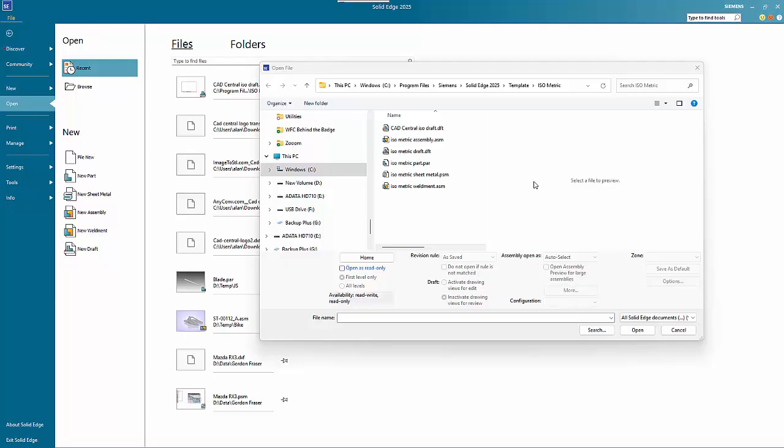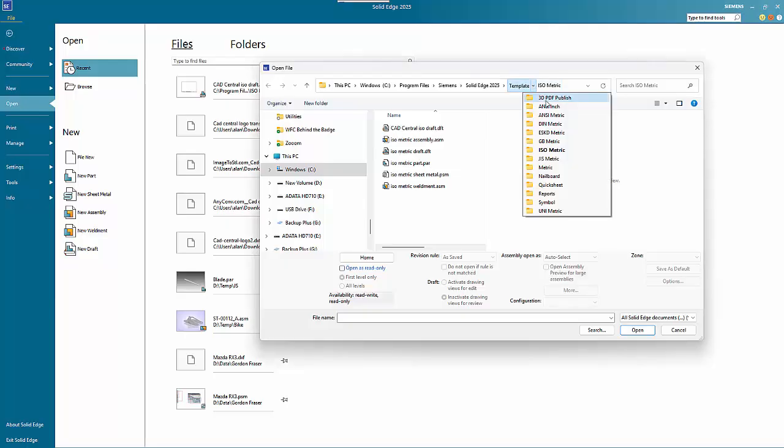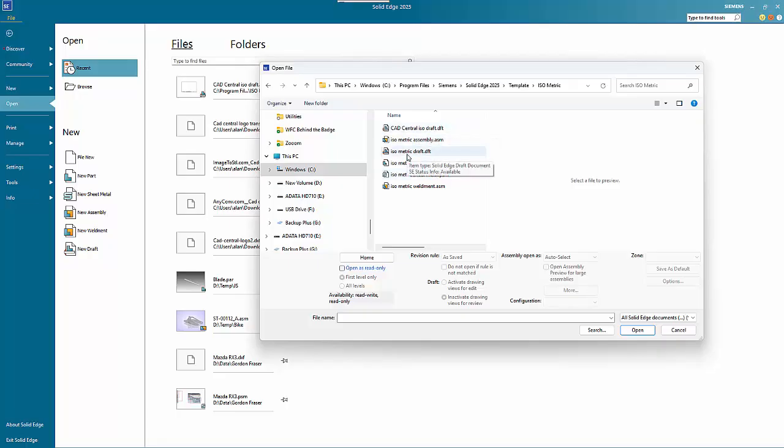In this tutorial, I want to look at setting up or modifying an existing template. Your templates are found in Program Files, Siemens, Solid Edge, whichever version you're using, Template. I use the isometric version, but there are many different formats that you may use. I have taken the standard draft template, done some modifications and saved it back as my own one. So if we open that up,